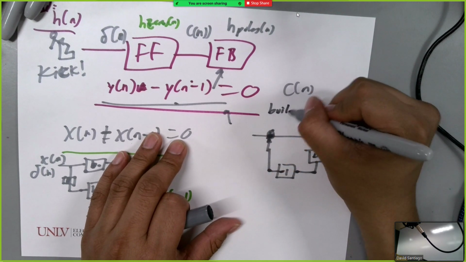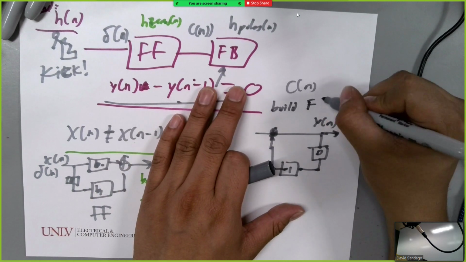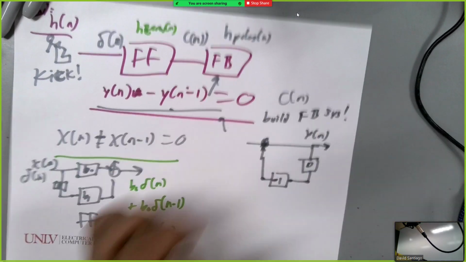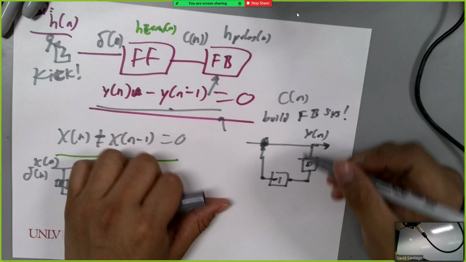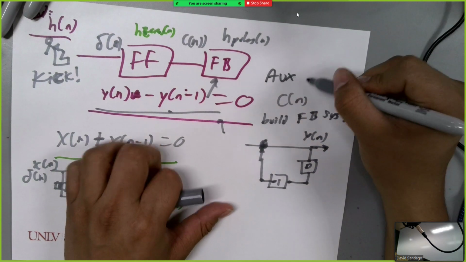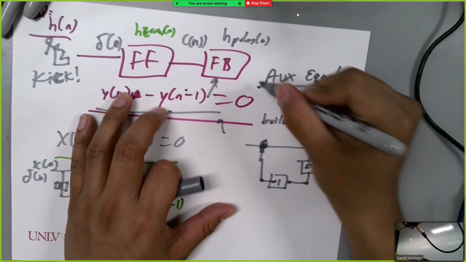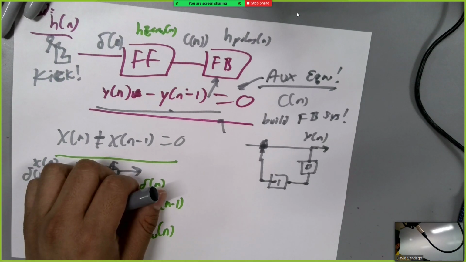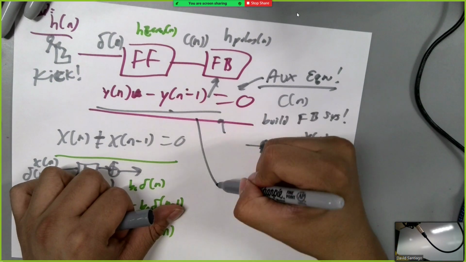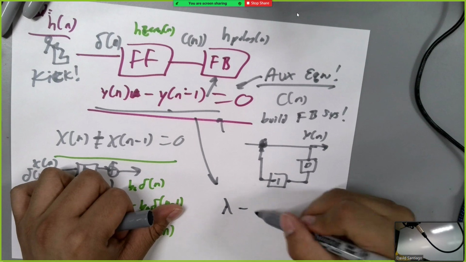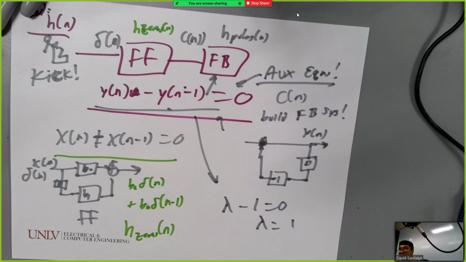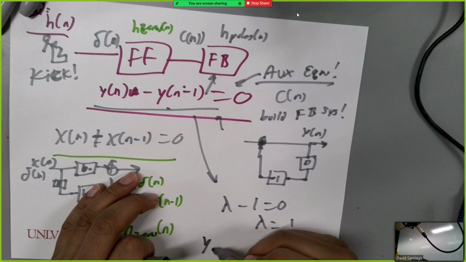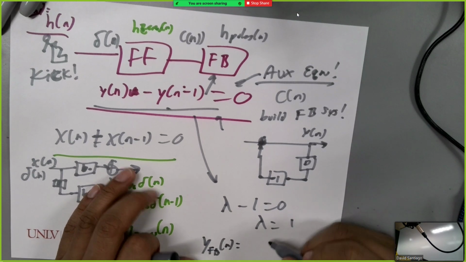Build. Feedback system. Okay, remember that? So AKA, this is just the aux equations. And then solve for the auxiliary equations as normal. You know how to do that? Easy? And then we guess the general equation, y of feedback or something like that, n is equal to